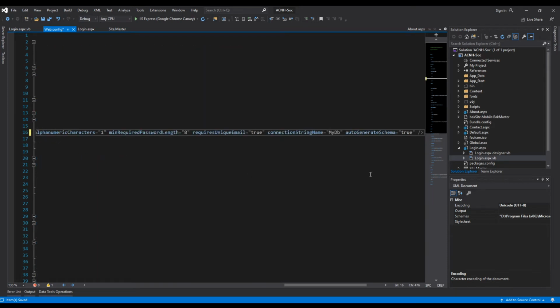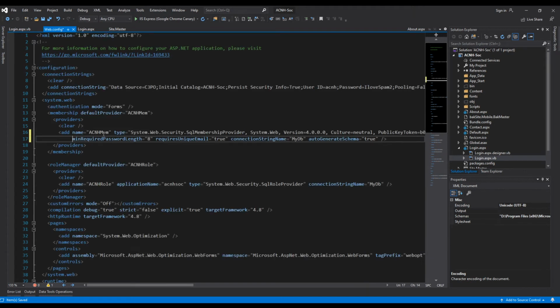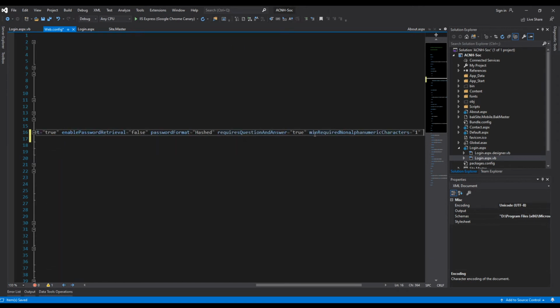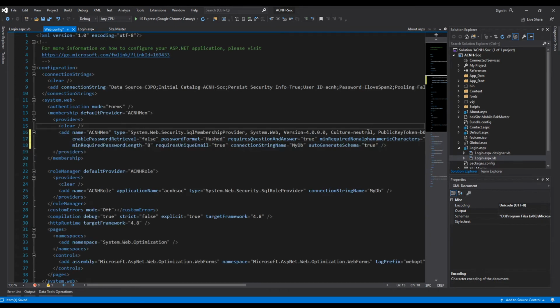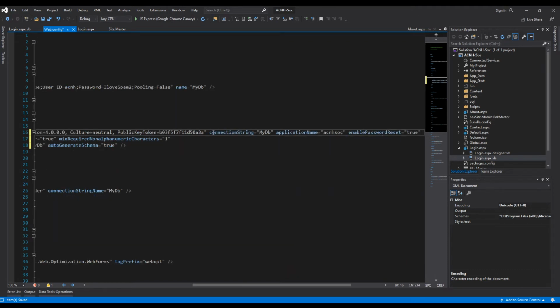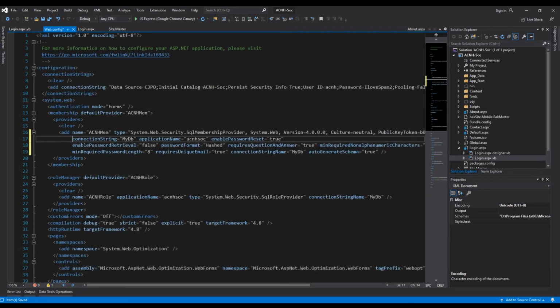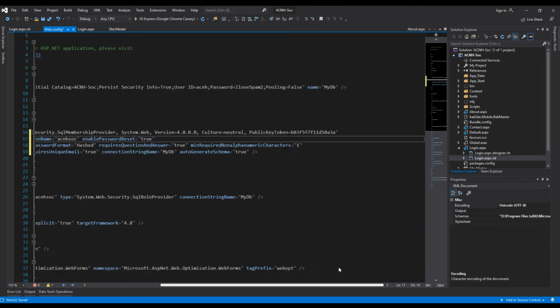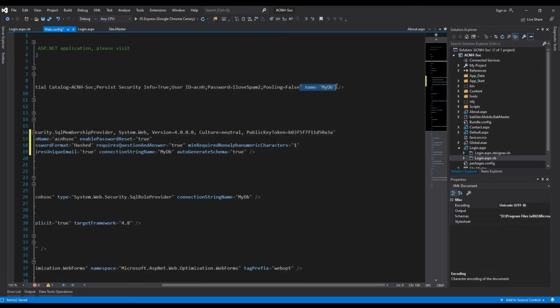And I hate when it does that. Okay, so I got that. I got the application name correct, right? Okay. Connection string matches this, and just to make it easier,